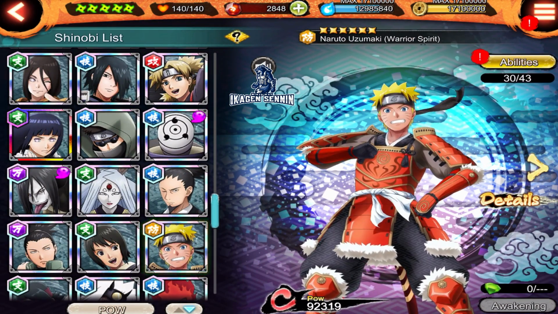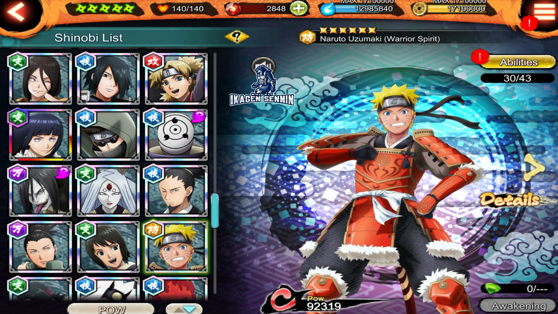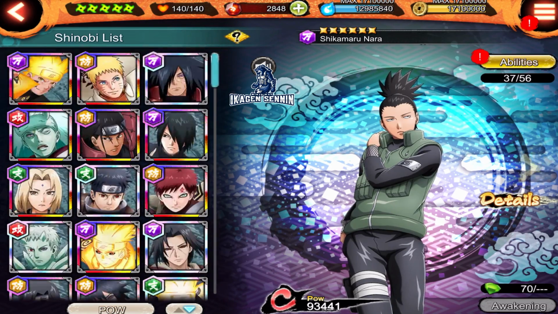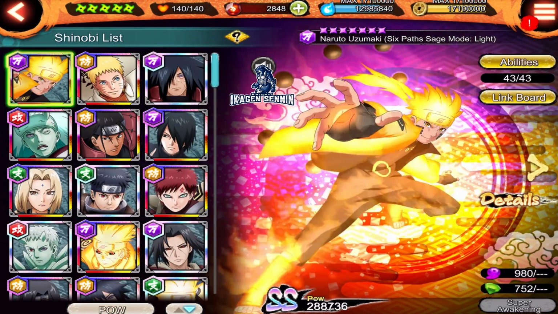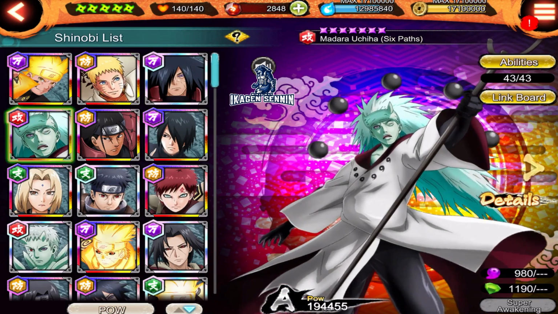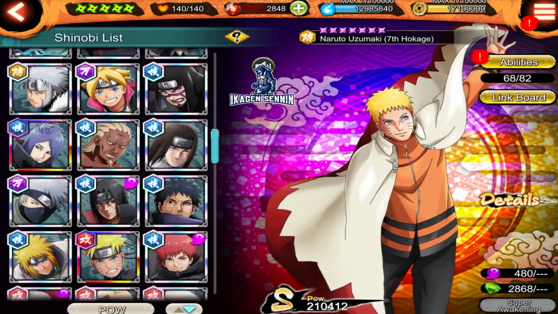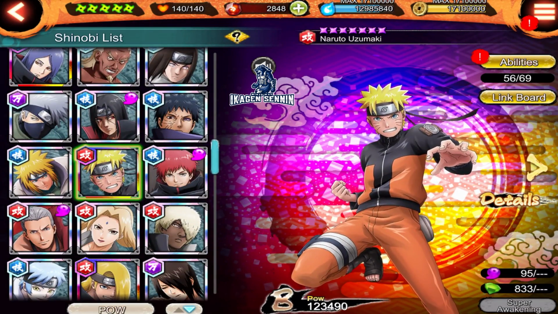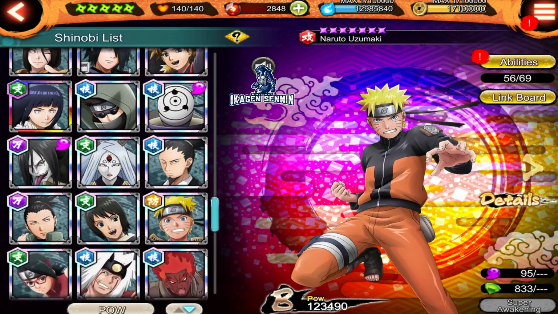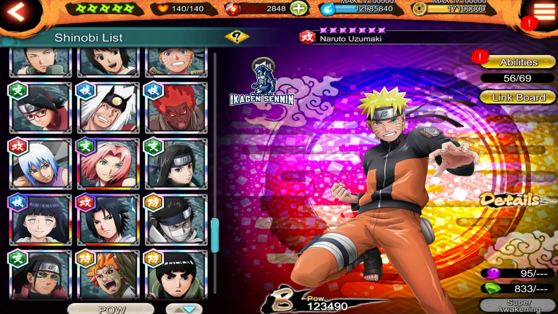For example, the type of this Naruto is defense type, because the symbol is another color. Utility type Shinobis are the purple ones, the Shinobis that have the purple symbol. I actually have a video, I'm going to put a link here, where I explain the types of Shinobis and the utility of them. The Shinobis that have a green, blue and yellow symbol, or orange if you want to see it like that,